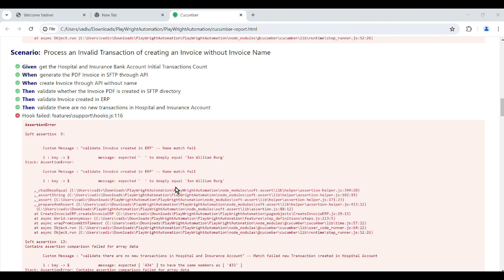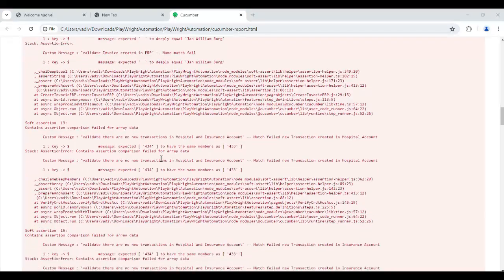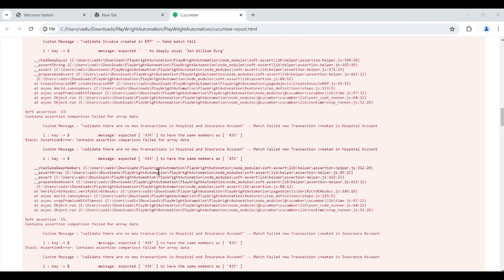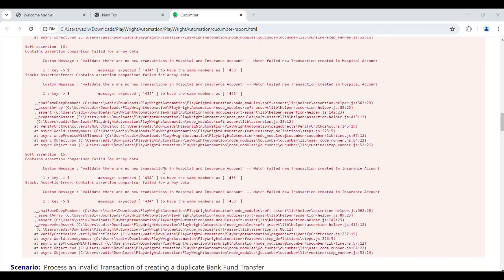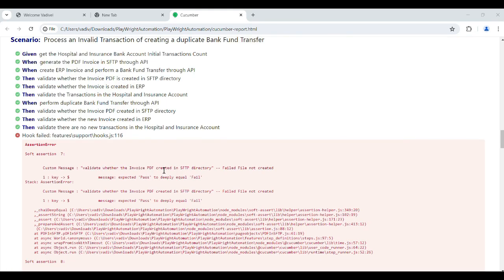Scenario: invoice without invoice name. The name details are not present in the invoice created in ERP. As there are no name details in the invoice, the fund transfer should not occur, but payment was made. Scenario: duplicate bank fund transfer. After a duplicate invoice is created,